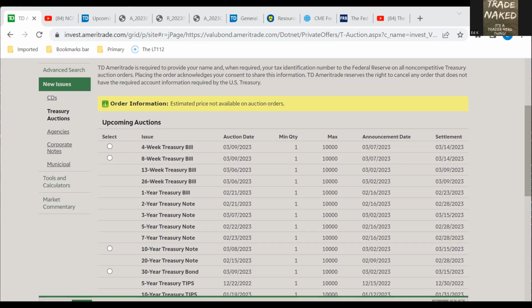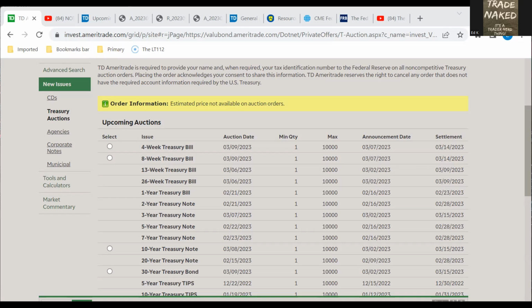Oh, I can go get 4.3. So go get the 4.3, even if you have to pay a $5 ticket charge to do it, because you're way better off than earning 0.3 or 0.4 in the brokerage account. Go spend a little money so you can make a whole bunch of money. It's definitely money well spent. But